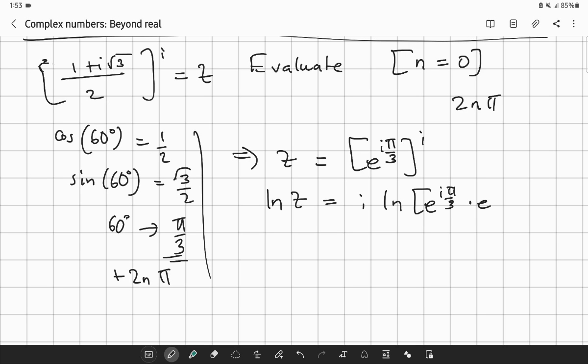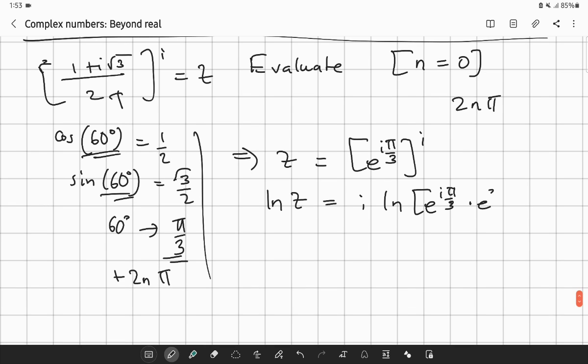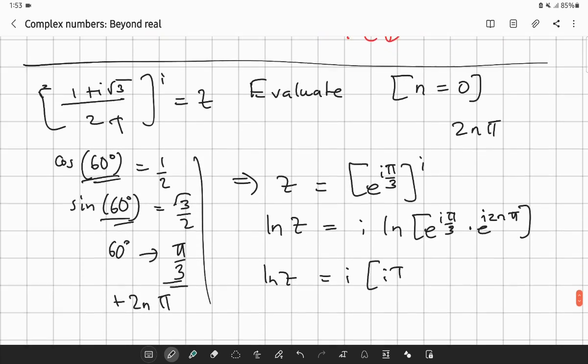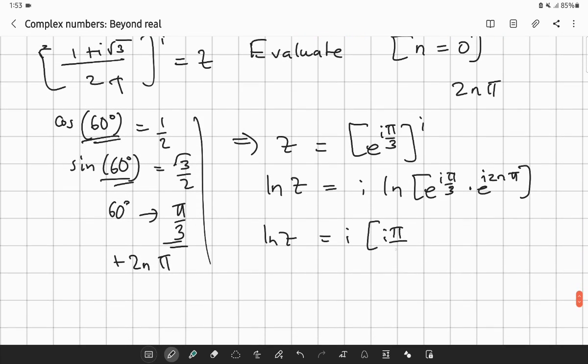Again, I've just looked at this expression and I recognize cosine 60 and sine 60. If you recognize this, straight away use it. You don't have to convert to polar coordinates and fiddle around with equations. Okay, so 2n pi, i 2n pi times i. So I have ln z times i equals i times i pi over 3, because ln of e raised to i pi over 3 is i pi over 3,